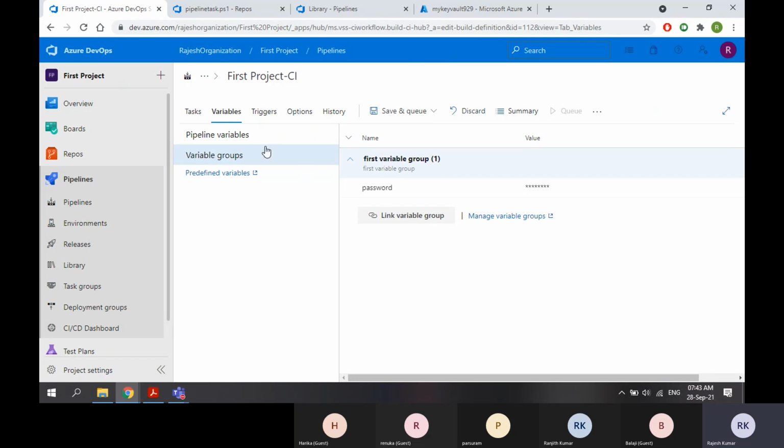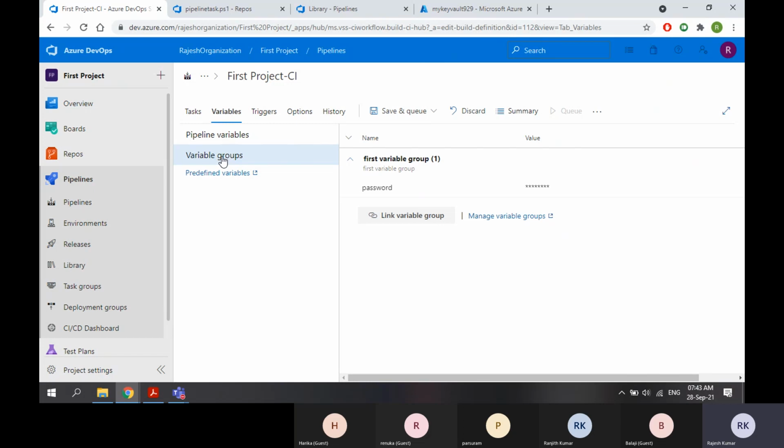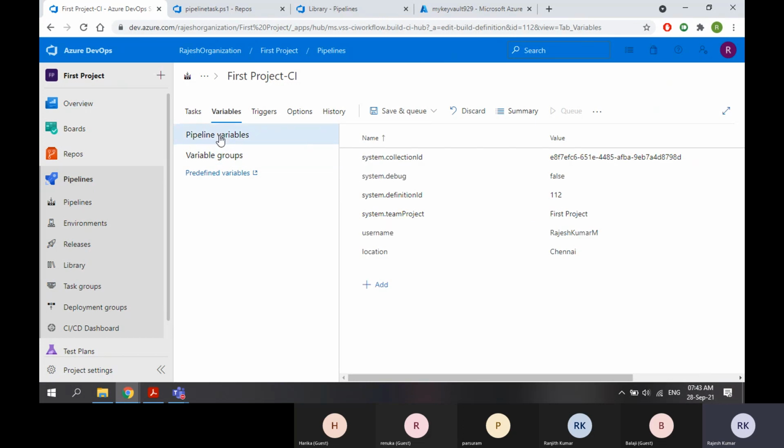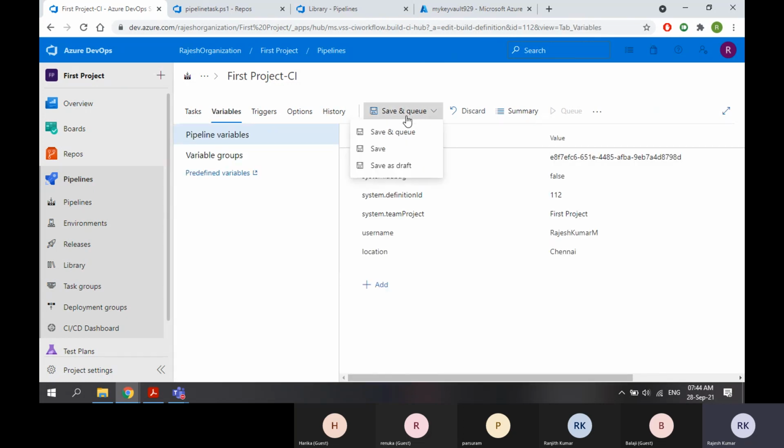So here, yesterday I already told you, we can use both cases. You can use variable groups along with pipeline variables as well. It's not like when you are linking a variable group, you need to use only variable group. No. Variable group is something you want to use for special values or secret values, anything that you want to keep in the variable group. Remaining values you can keep within the pipeline itself. So these will be within the pipeline itself. Now everything looks good. Just save and run.